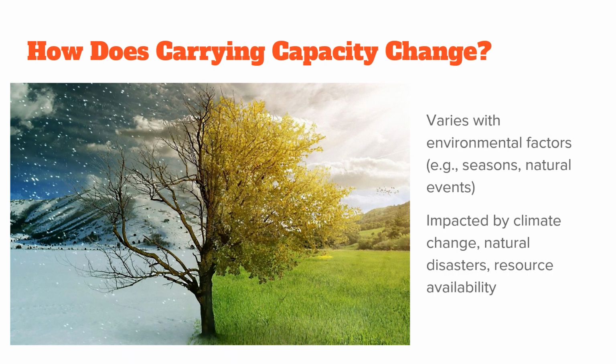Carrying capacity isn't a fixed number. It's a moving target shaped by the environment. In a wet season, plants grow better, so herbivores can be supported at a higher K. In a drought, the same habitat supports far fewer individuals. Disturbances matter too. A wildfire or algal bloom can slash K in the short term, while nutrient pulses can temporarily